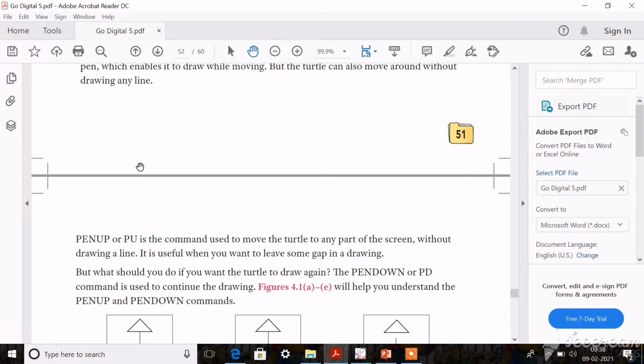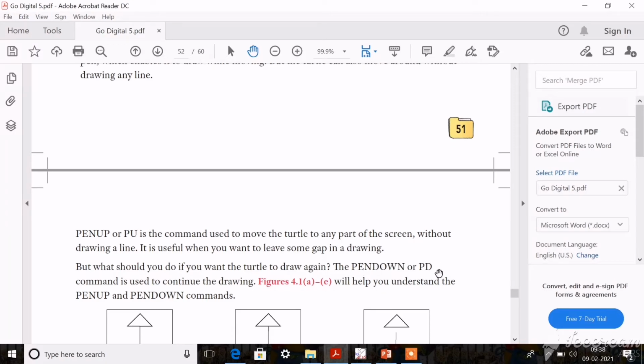For example, you are drawing a line and you want a gap in between, and again you want to start drawing. So in that case you can use this pen up or pu command. Okay, and pen down command or pd command. Okay, this command is used to draw again. For example, after leaving a space you want to draw again, then you can use pen down or pd command.